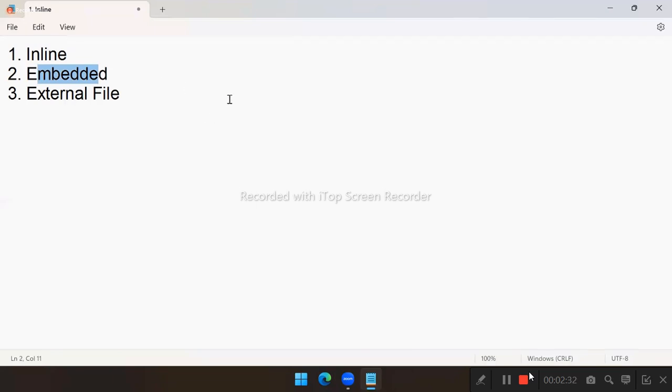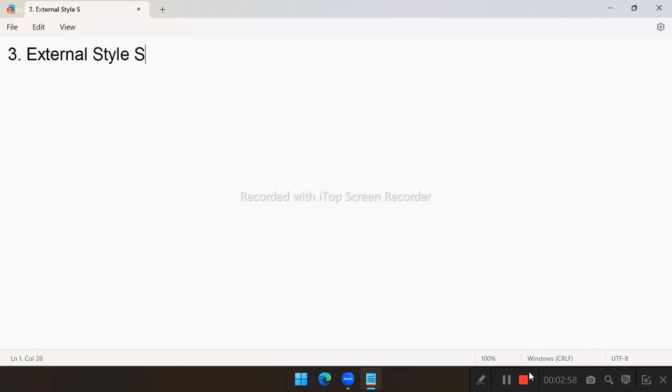Next, after understanding that, today we will see how to access an external file. So, external style sheet. The third technique, external style sheets. So inline, embedded, external. External style sheet means, in this technique,